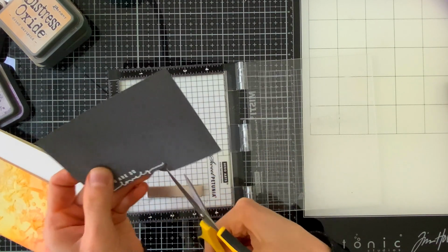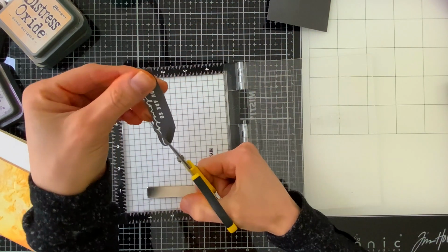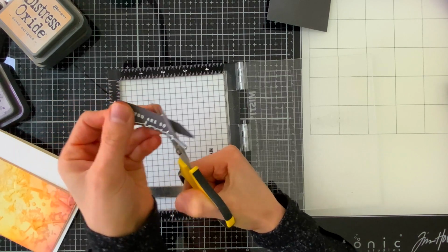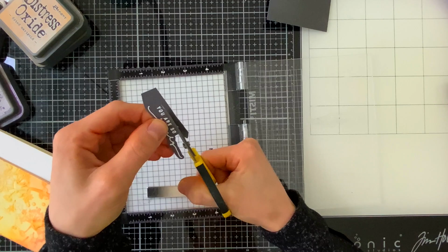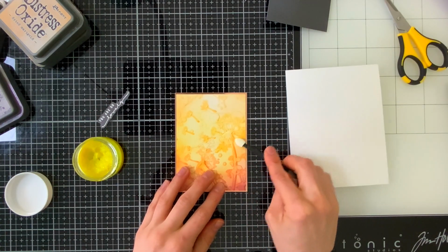All right, so once I had my sentiment embossed, I will take my fine tip scissors and fussy cut this out. You could have cut this into just a banner shape if you wanted, but I like being able to have it close up to the edge of a greeting like this. So I'm gonna go ahead and trim this down with my scissors. This will get popped up off of my card, but one of the things I needed to do before finishing up my sentiment